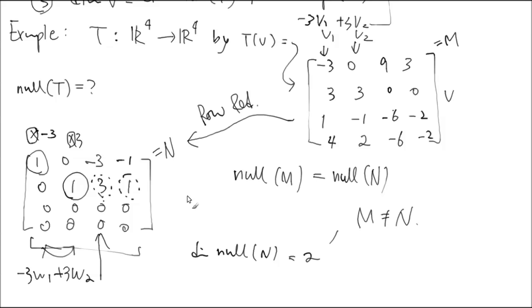That's easy to see here, but here it is slightly different. But you can verify that the linear coefficients are preserved here. -3 times 3, that's exactly +9. -9 plus 9 is exactly 0, right? That coefficient is preserved. So the linear relation between the column vectors of M is exactly the same linear relationship as the column vectors in here. That's what this row reduction preserved. It preserved the null space exactly. That's the amazing part, magic.